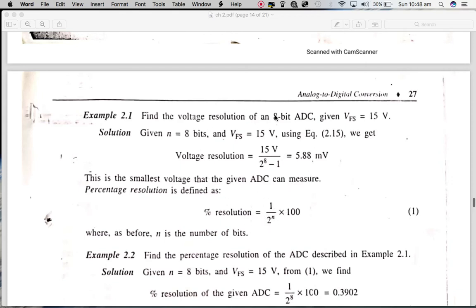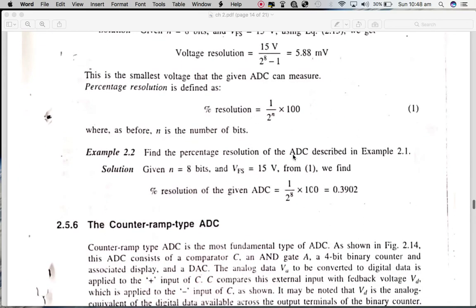And we have demonstrated a problem in which we have an 8-bit quantizer and a full scale voltage of 15 volts, and then what small voltage the ADC can measure. So it can measure a voltage as small as 5.88 millivolts,